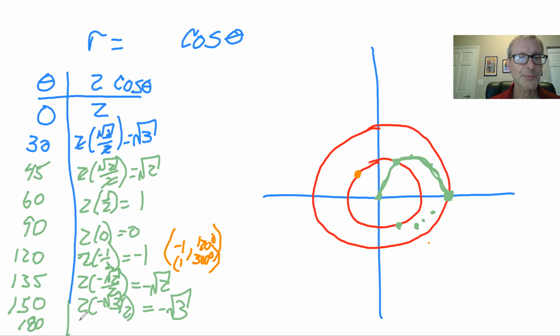And then the last one would be 2 times minus 1, right? And that would be minus 2. So you see here, this would be at this point here. And if you flip it back, it would come back here. And so it'd look like a circle that looks like that. And that is a kind of a crappy circle, sorry. But the idea here is this is a circle,